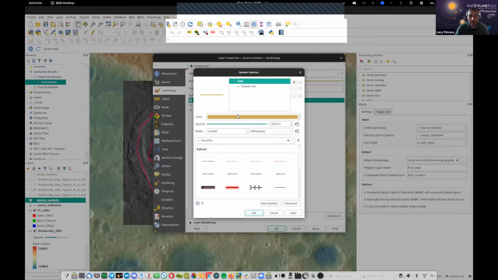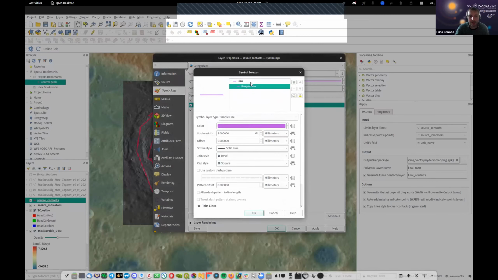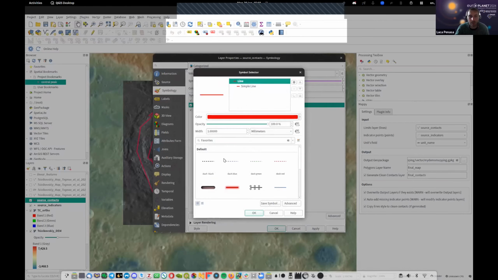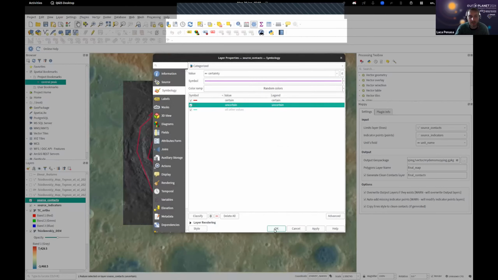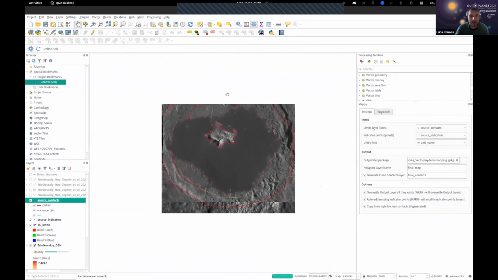So maybe I can use a red line, and for uncertain, I can still use a red line, but I want it to be a dashed line. So I can select the dash and then change color. You can do whatever order you prefer. Anyway, if I press OK, you see now that you will have,